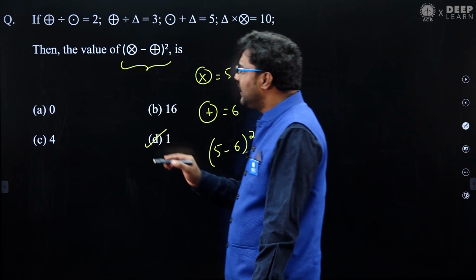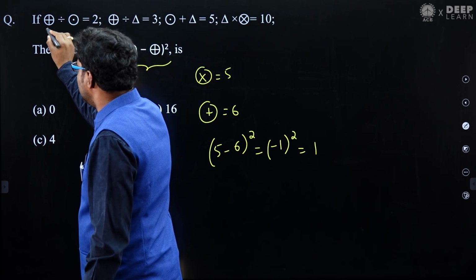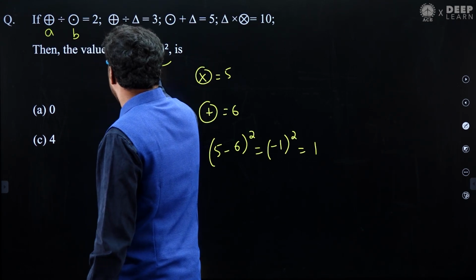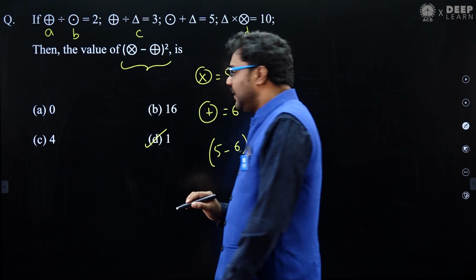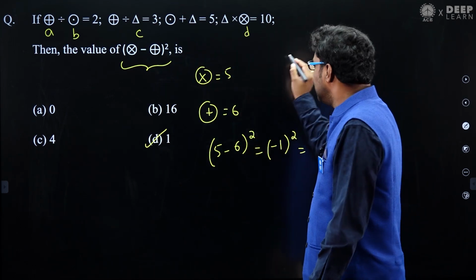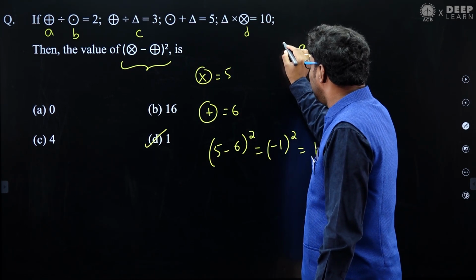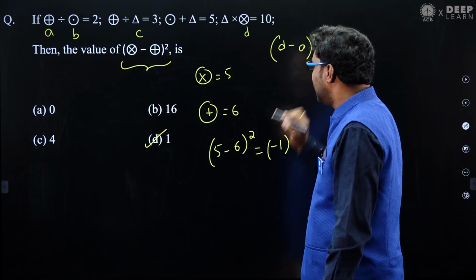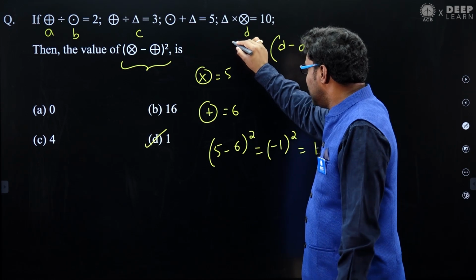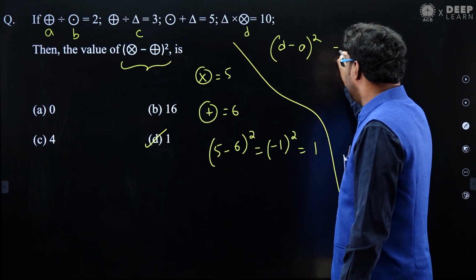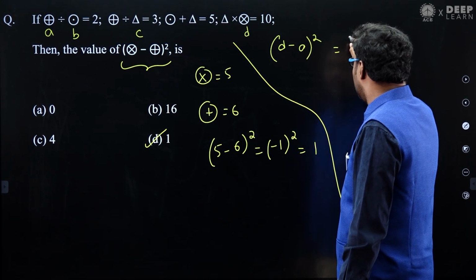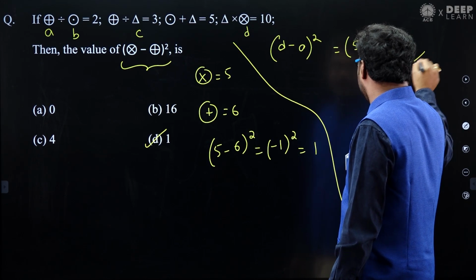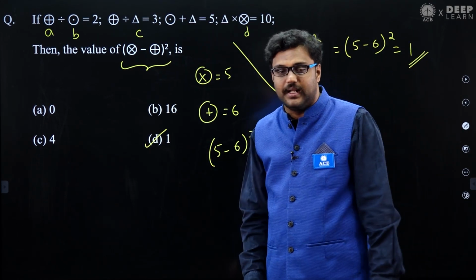So you can use that A, B, C, D approach, considering this is A, this is B, this is C, and this is D. What are the approach you follow? Okay, this is actually A minus D, D minus A whole square they are asking. If it is D minus A means we will get it like minus 1, but they are asking whole square for that. If that is the case, we will get minus 1 whole square, which is nothing but 1 only. Okay, option D is the correct answer. Got it?